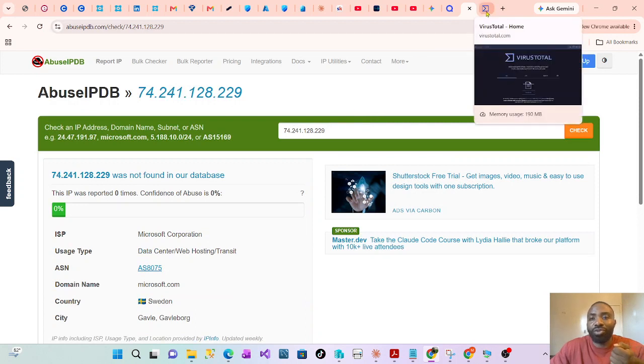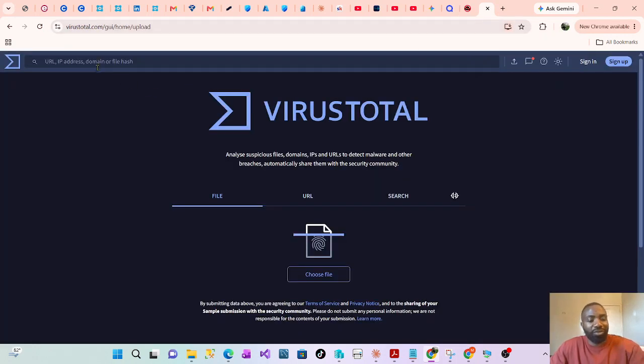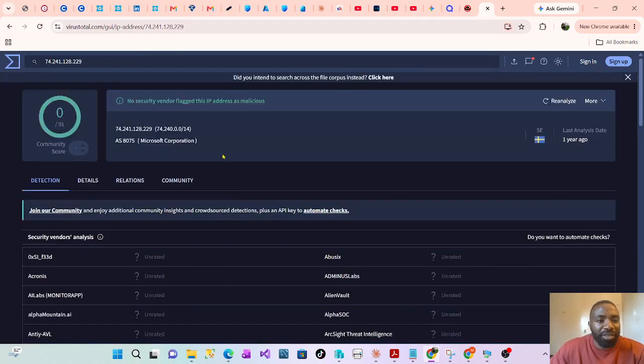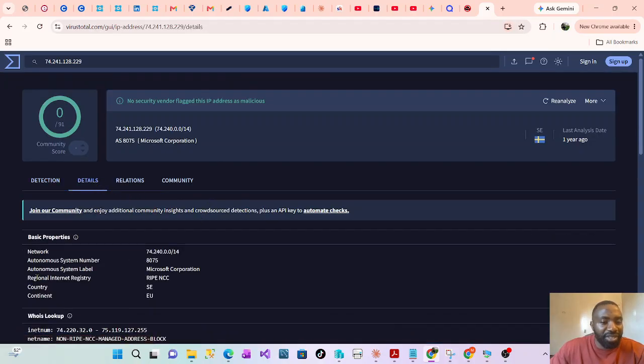So I'll also go to VirusTotal to confirm. I'll paste the IP in the link here, in the space here, and then click enter. Then after VirusTotal does its thing, scans the IP, I'll go to details and then see it says for Microsoft Corporation, the region is from Sweden, continent is Europe,